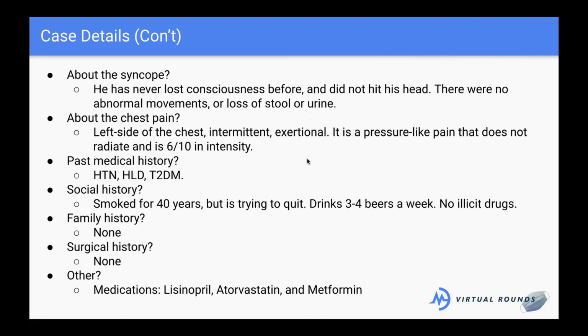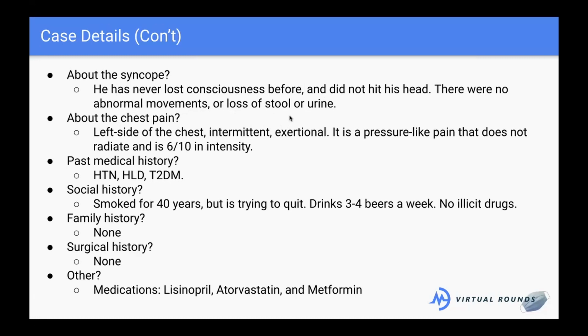Yes, exactly. So typically if someone is seizing, I don't know if anyone's ever seen someone having a seizure. I hope you haven't because it's really scary. You feel kind of helpless. Sometimes they'll tense their muscles or they'll be shaking their whole body depending on the kind of seizure. So he didn't seize, it doesn't look like. And many times with seizures, people will lose their ability to hold everything in. And so oftentimes if they haven't had loss of stool or urine, it might not be a seizure. It puts it a little lower on the differential.